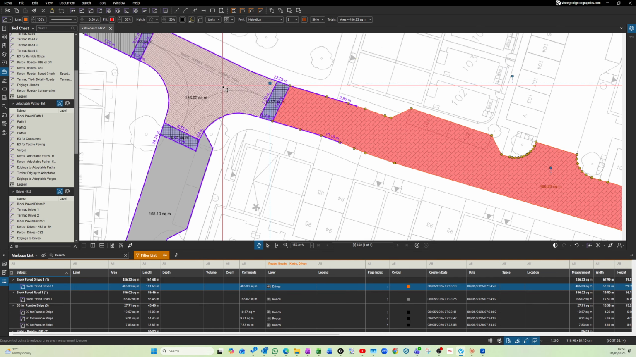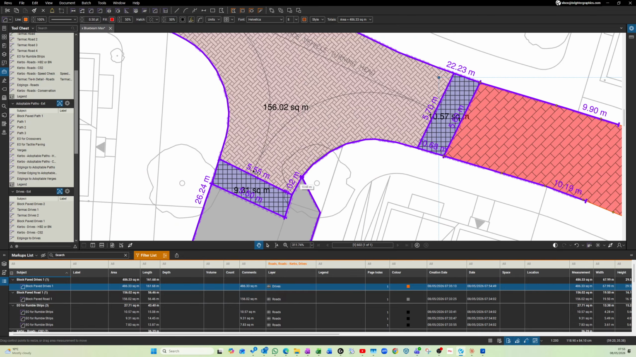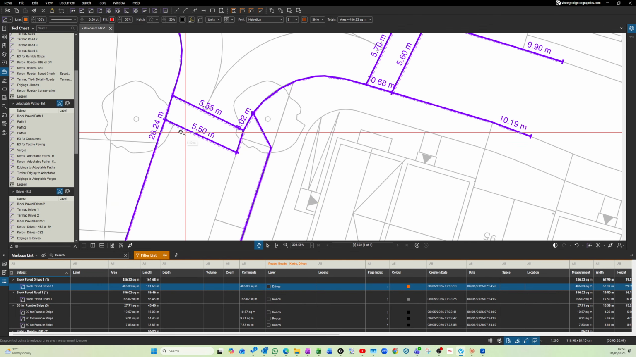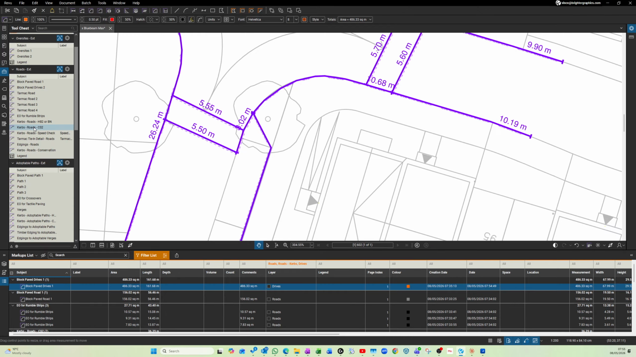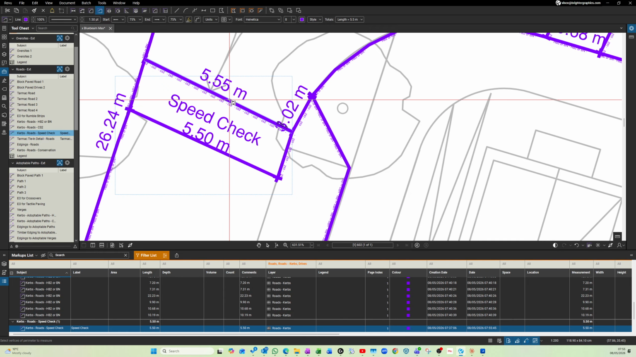What I'm going to do is zoom in over here. You can see around this speed table I've got some CS2 curbs, and if I wanted to change those, what I can quickly do, and just to make it easier, I'm going to turn off the roads layer and the drives layer, and now I've just got my curbs showing. So I want to change those CS2 to a speed check curb. Same again, choose the tool you want, come in here, change,